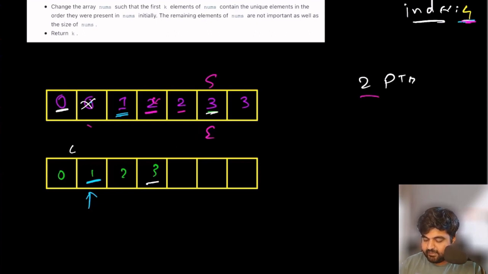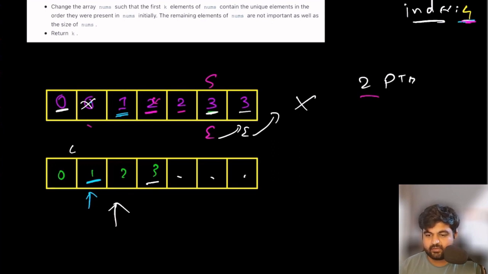Now again at position number 3, ending pointer goes to the next. This is already 3. Now ending pointer tries to go to the next, the array ended, so we can't do anything about it, and this we can return as the answer. We don't care about these values because that is none of our concern.